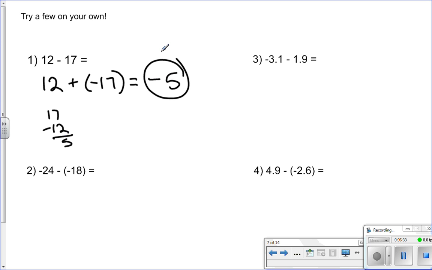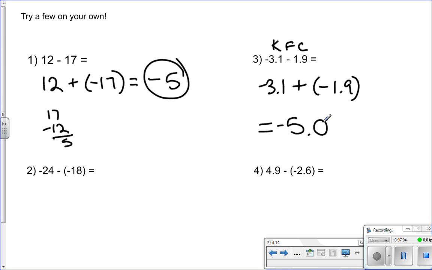Negative 3.1 minus 1.9. I can do keep, flip, change. I keep negative 3.1, I flip the sign from minus to plus, and I change 1.9 to negative 1.9. And now look, I have two numbers that are both negative, so I'm adding them together and keeping the sign. So negative 3.1 plus negative 1.9 is going to give me negative